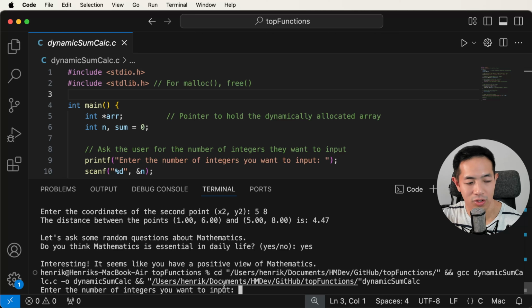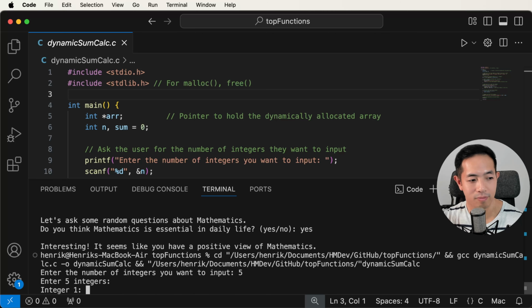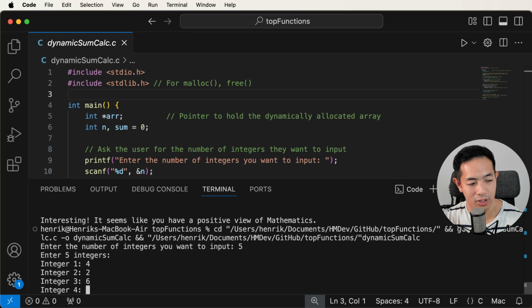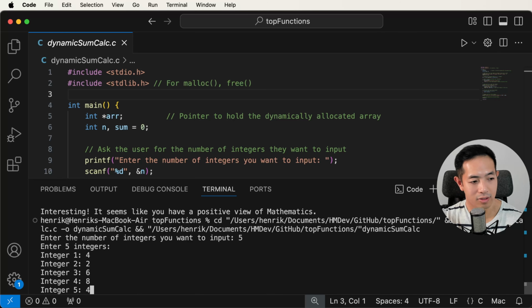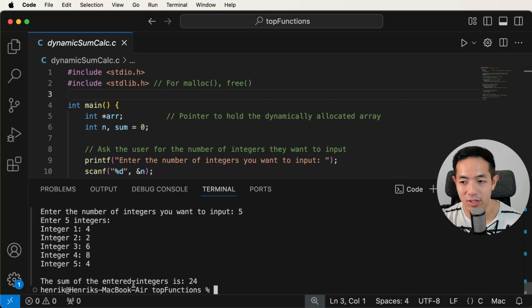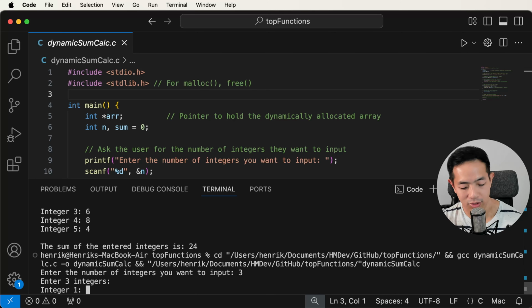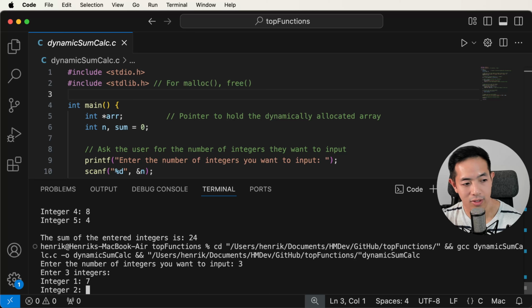So the number of integers you want to input, let's just say 5. And the integers are going to be 4, 2, 3, 6, 8, and 4. Okay, the sum of the entered integers is 24. Now let's do it again. Let's use fewer integers this time. Let's do maybe 3 integers this time. So integer 1 is going to be 7 and 4,